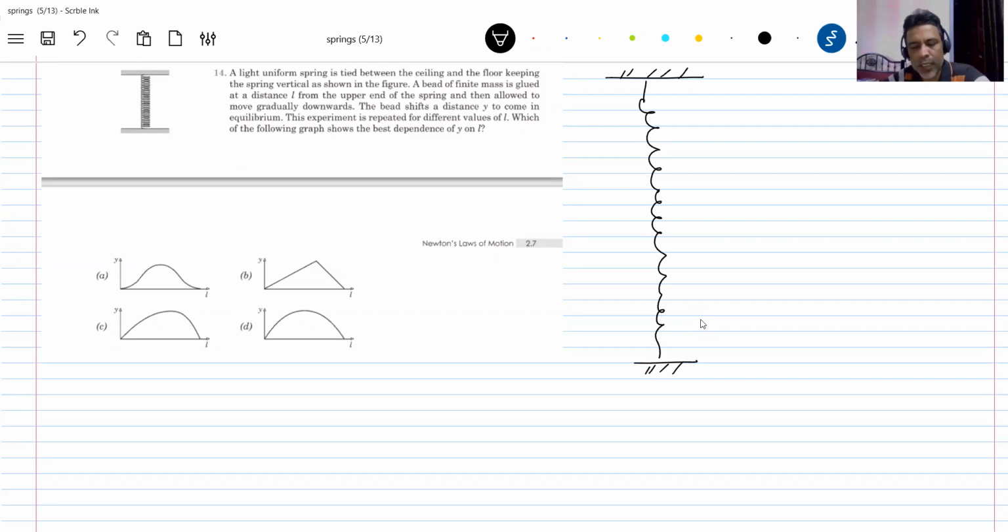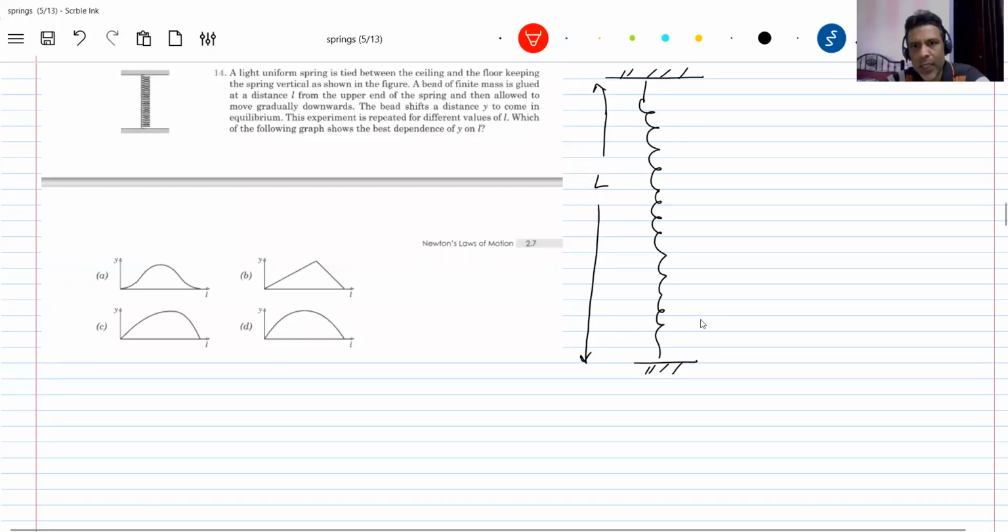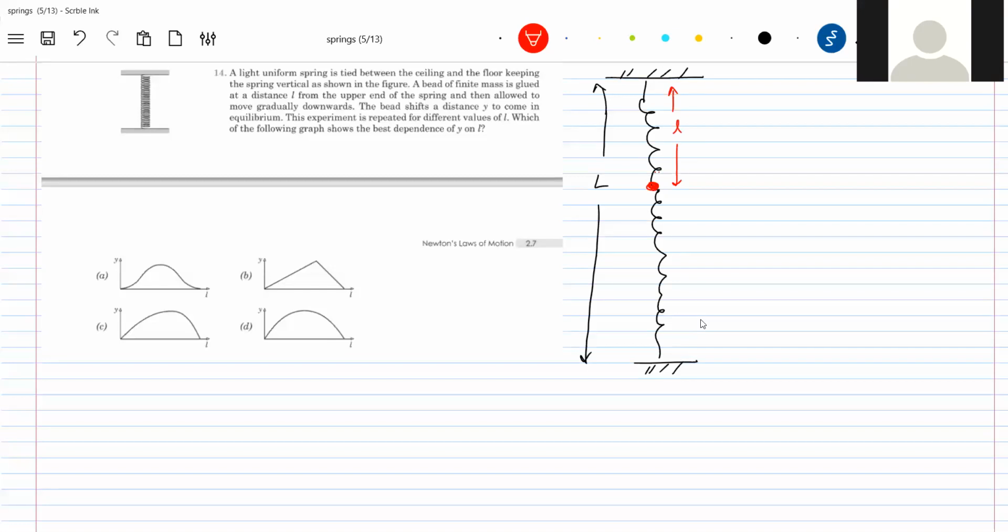The natural length of the spring, how much it is, that is L. This is the length. So now I'll take a bead. I'll bring it here. So let the distance of this be L. It is like this. Now